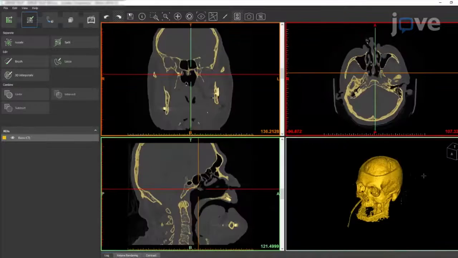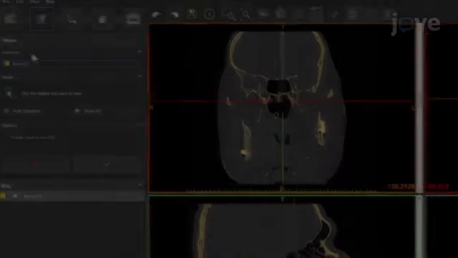To edit the ROI, choose the Isolate tool. Then click